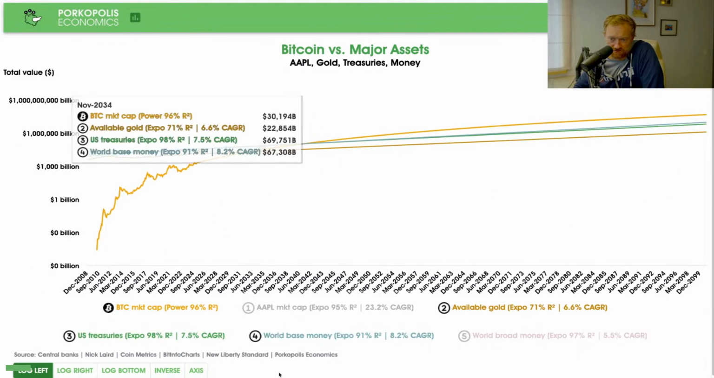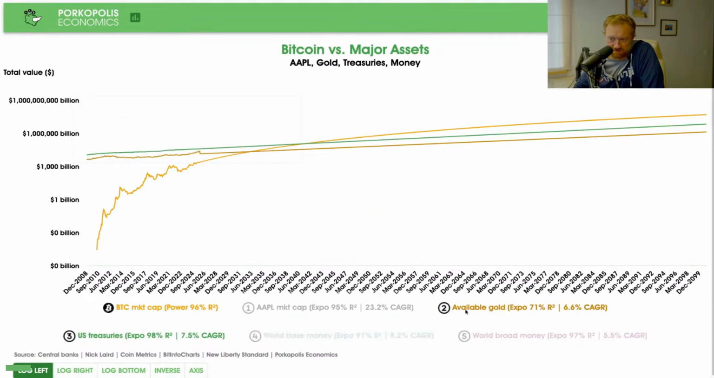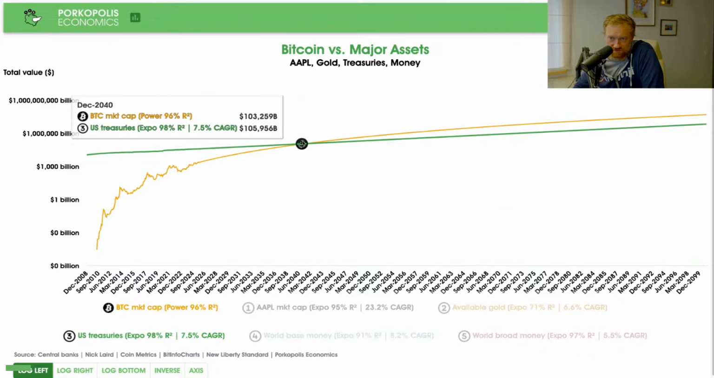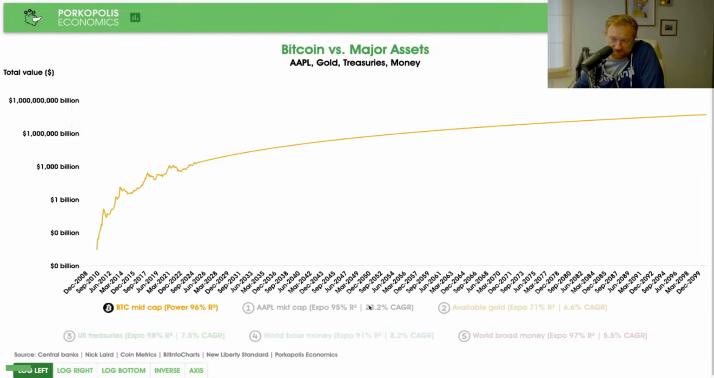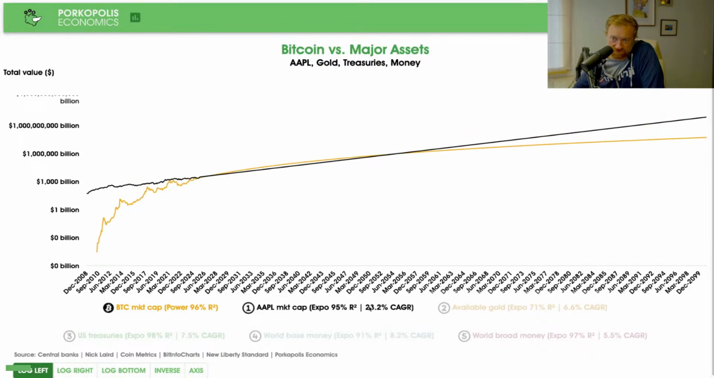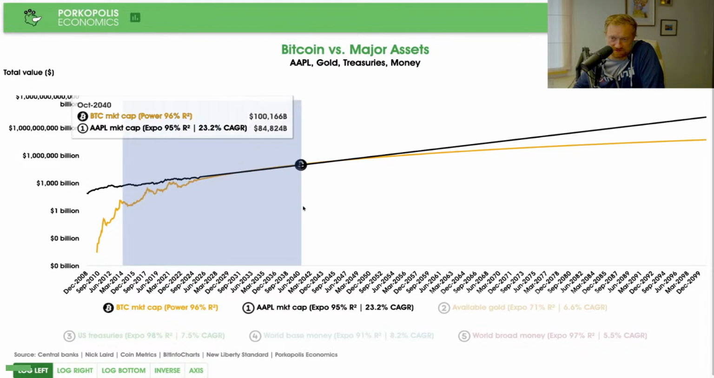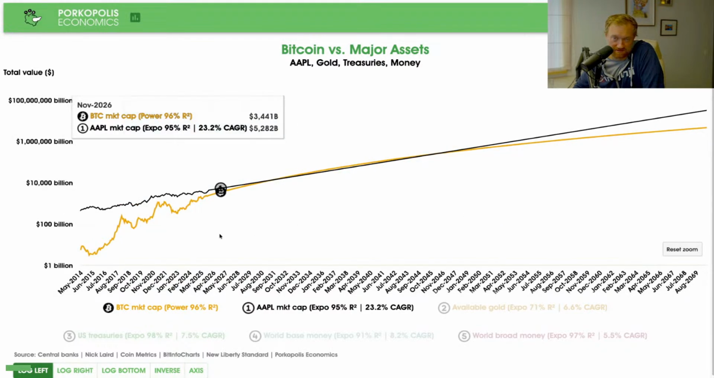U.S. Treasuries, right on trend. United States debt crossing that mythical 100 trillion by 2040. The only one, interestingly, is Apple. So Apple, I've shown this before, so far is outstripping it. I don't think this is relevant to anything, frankly, but